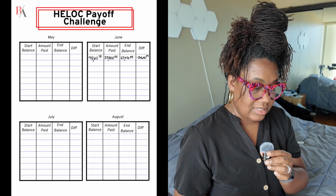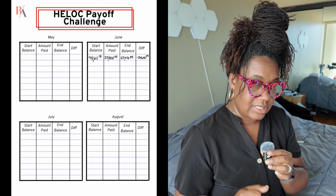So let's just talk numbers before we go through the guide. As of June 1st, our starting balance with the HELOC was $94,611.14. Now, we have been waiting until the HELOC is like 70% spent, and then we pause and we stop